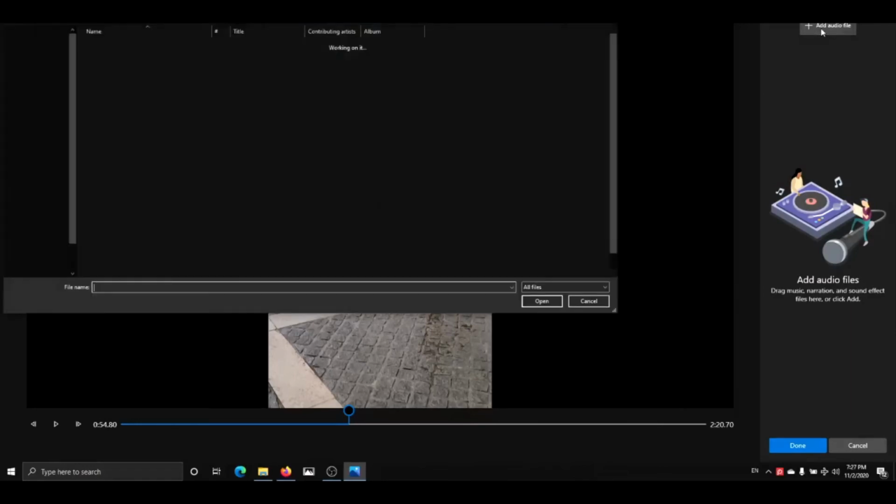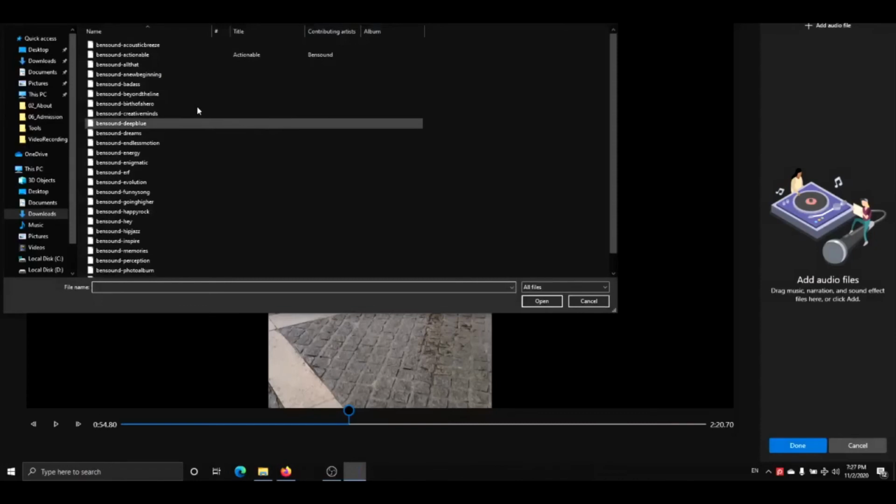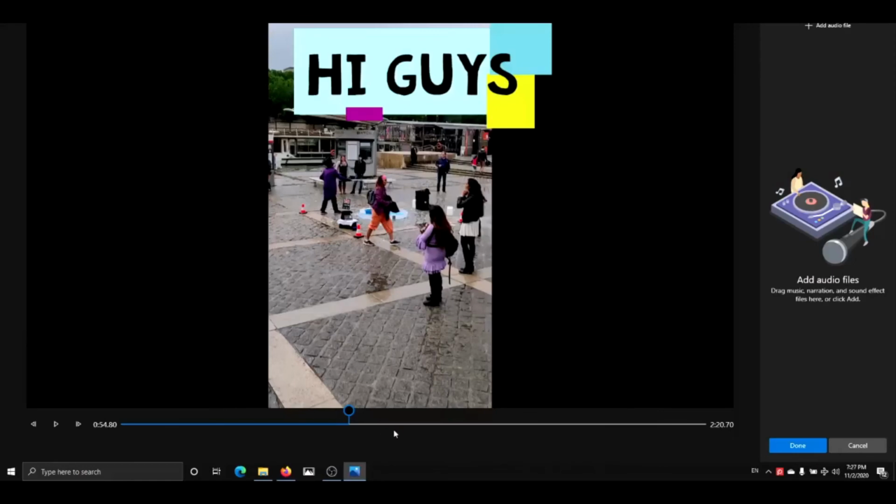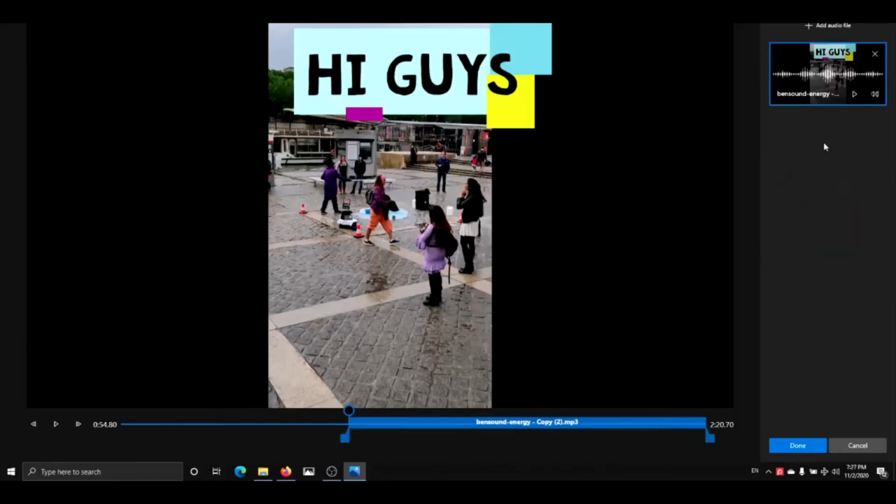I have clicked on the audio file, and I will drag one of the audio clips I have. So I'll just select this one. So guys, you can see here there is an audio clip that is added here on my tab on the side, and now you can change the volume of this music that you want to have, because in case you're speaking and then you want to add a background music, you would want to have it a bit low. Otherwise you can also continue with some 60 values or something. You have the option of fade in and fade out. Since this is the audio clip in the middle, I'll just say fade out,